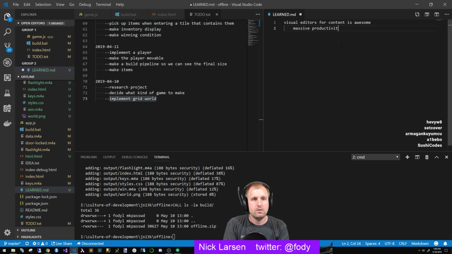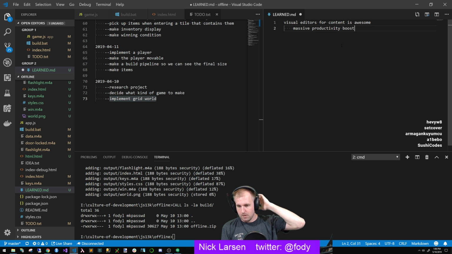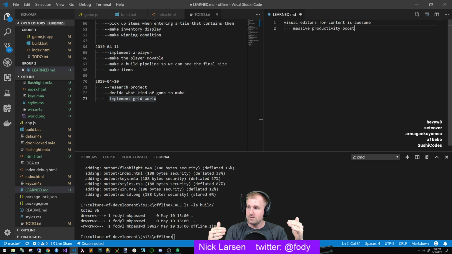Massive productivity boost. Mainly because I was then able to make a world that was 100 by 100 in literally like 30 minutes. That included all the different aspects of everything that I wanted, and then we could just sort of pop it up. We didn't have to worry about actually sitting down and saying, okay, in this cell we do this, in this cell we do this, in this cell we do this. So I thought that was a